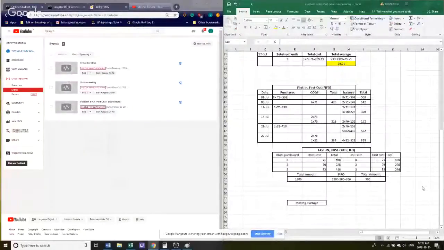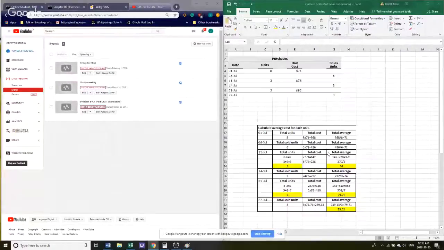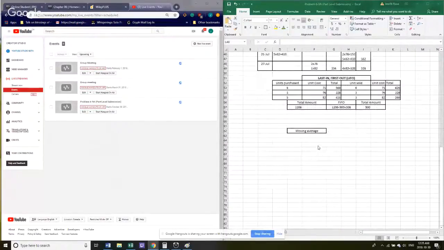Hey guys, so I'm actually back again. I completely forgot to actually show you how to get the moving average. So the way that I was able to calculate this, this may be kind of fast, but